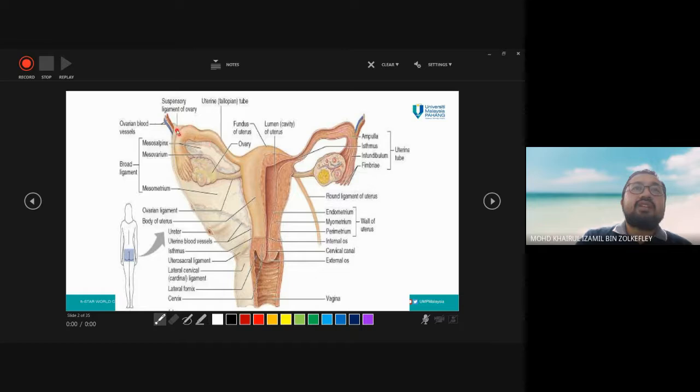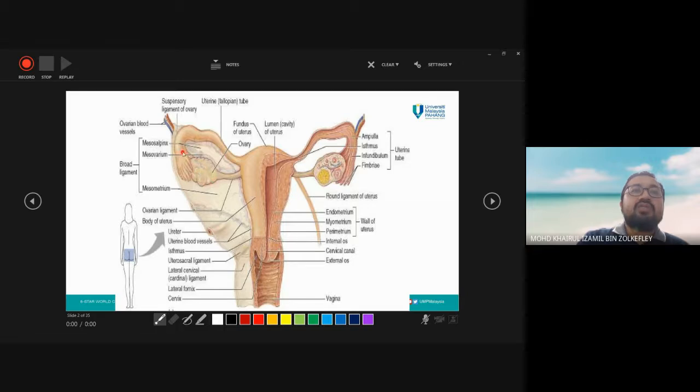Suspensory ligament of ovary, yang attached kepada ovary. Ini adalah ovary. Ovary adalah organ yang bertanggungjawab menghasilkan eggs, oocytes, which is needed for fertilization with the sperm coming from the male. And then here we've got the uterine or fallopian tube. So basically when the egg is dikeluarkan daripada ovary, expelled from the ovary,